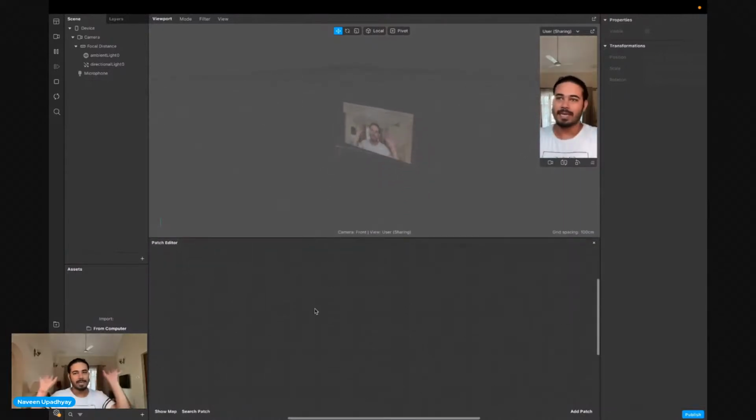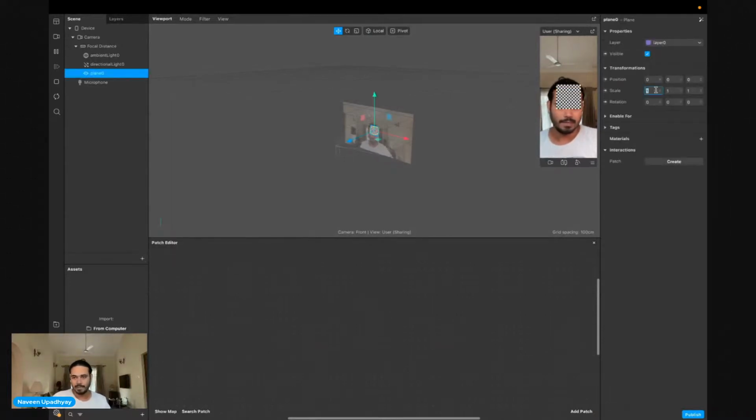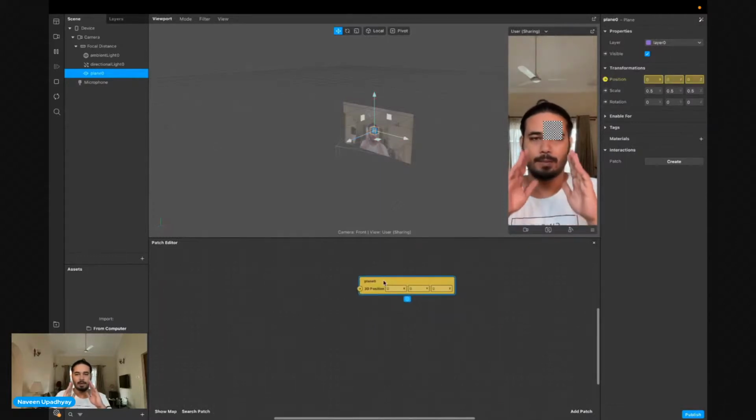I'm just taking one example to match our own expectations: why we're doing this, what we're doing, why we actually need a video call, and what it means to actually send over a pulse when needed. So I'm simply going to take a plane. This plane is at 0.5, 0.5, 0.5. Consider this example just to understand what we're doing.